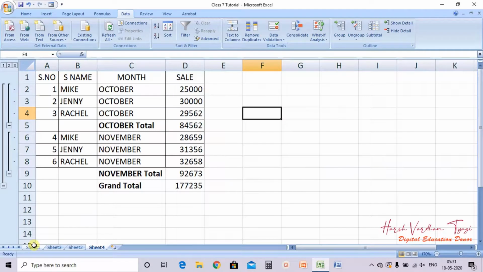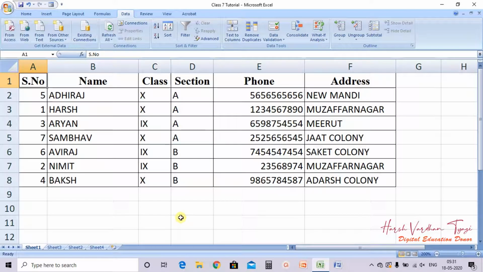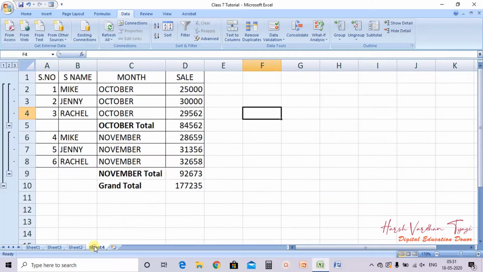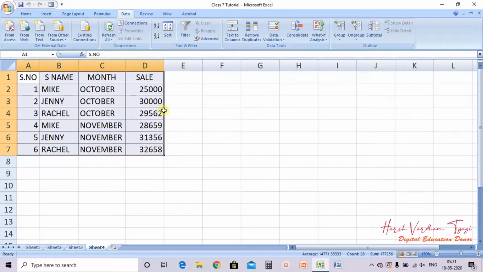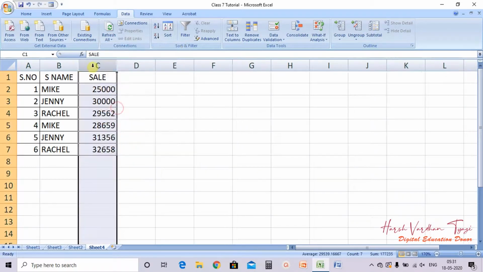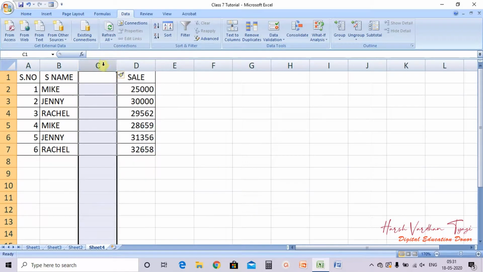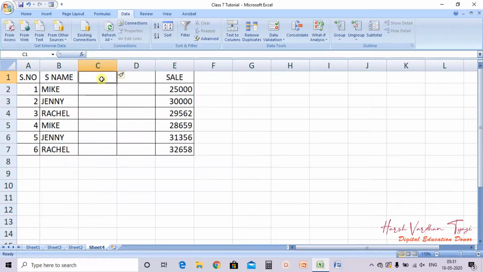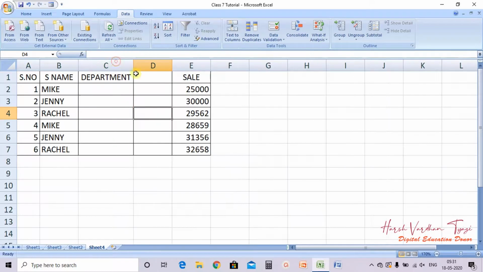Or let me do it right away. So we have this option. We'll do pivot table only with this option. So name we have, okay. So what I am doing, I am just deleting this particular and insert. The name we have, then we are having department, and then the last is designation, okay,